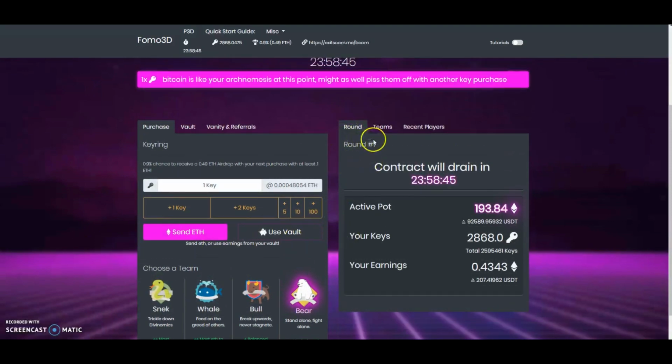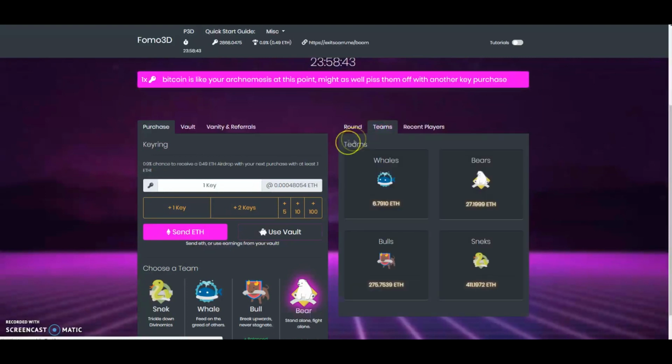Alright, so now we go back to this side, and if you click here, you'd see the teams and the amount of ETH that people have chosen. You will see the team and the amount of ETH spent by people that have chosen that team. So you can see for Team Whales, they've spent 6.7 ETH. For Team Bear, it's 27 ETH so far in the contract that's been spent on them. For the Bulls, it's 275, and the Snakes are way ahead, and that's got to do with the fact that it's the default